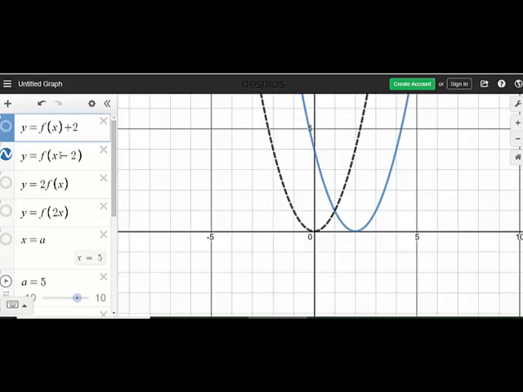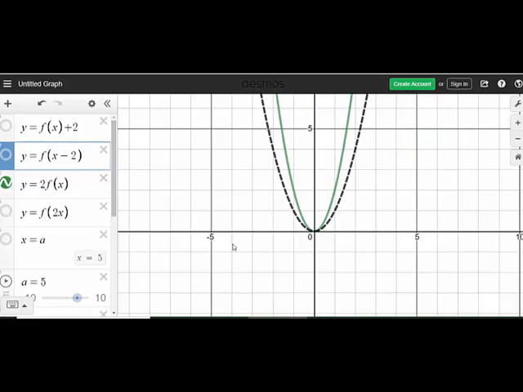This x minus 2 in here says take whatever my f(x) was before and put this shift of 2 on it that we saw from before. So again, regardless of what my f(x) equation is, this has shifted my graph 2 to the right. And then similarly here, this one is saying double my f(x) value, so make whatever my y value used to be twice as tall. And if we just look at that,